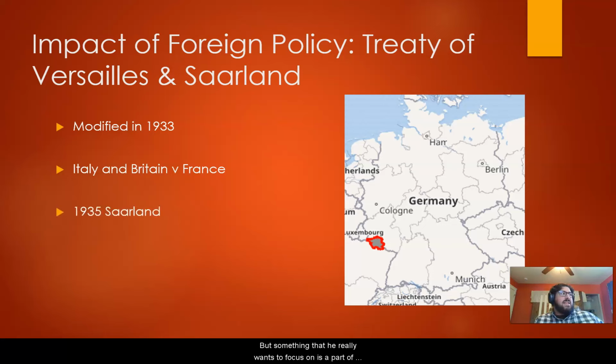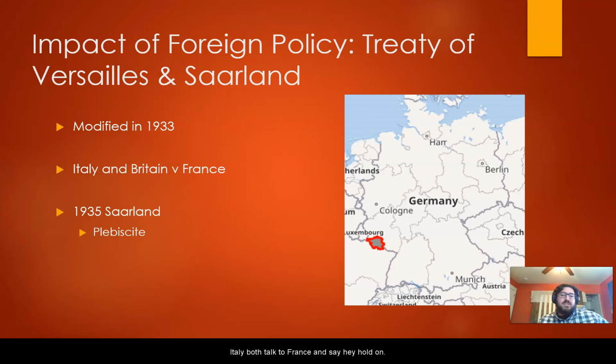But something that he really wants to focus on is a part of territory that was taken from Germany called the Saarland. It's this little red spot right here. It exists in between France and Germany. And he wants to take this land back so that Germany can start to become whole again. And France said, absolutely not. You're not getting any of this territory back in 1935. And so Britain and